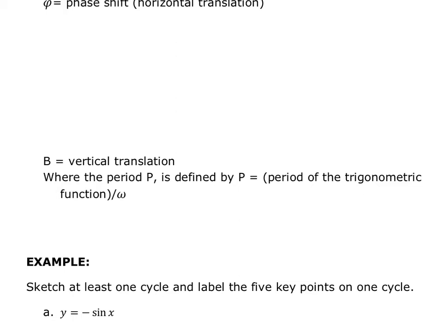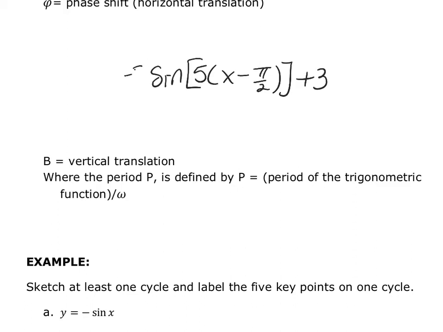And the way that we define our period is, because it is the opposite of what we expect when it's inside of the function, our period is always going to be whatever the period is for that function to begin with. So if it is 2 pi, I do 2 pi, and then I divide by that omega. So as an example, if I have the sine of 5x minus pi over 2 plus 3, we'll put a negative 2 right there,